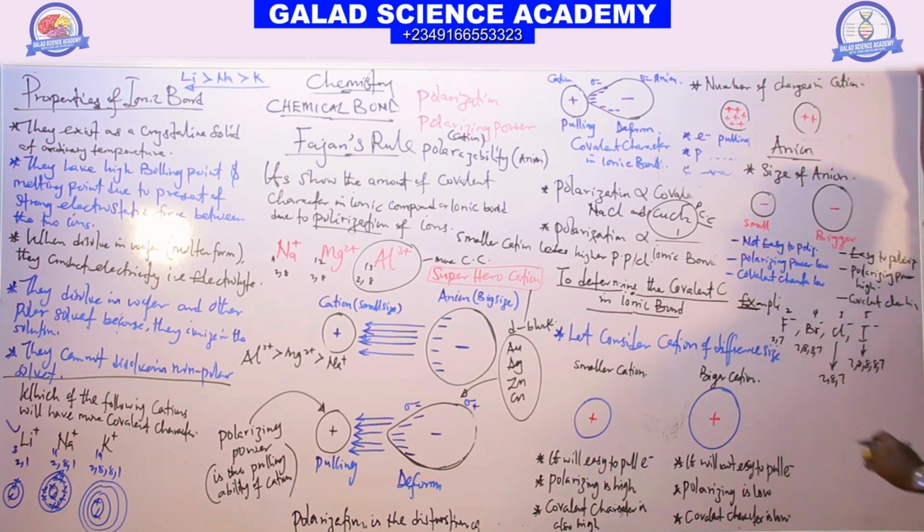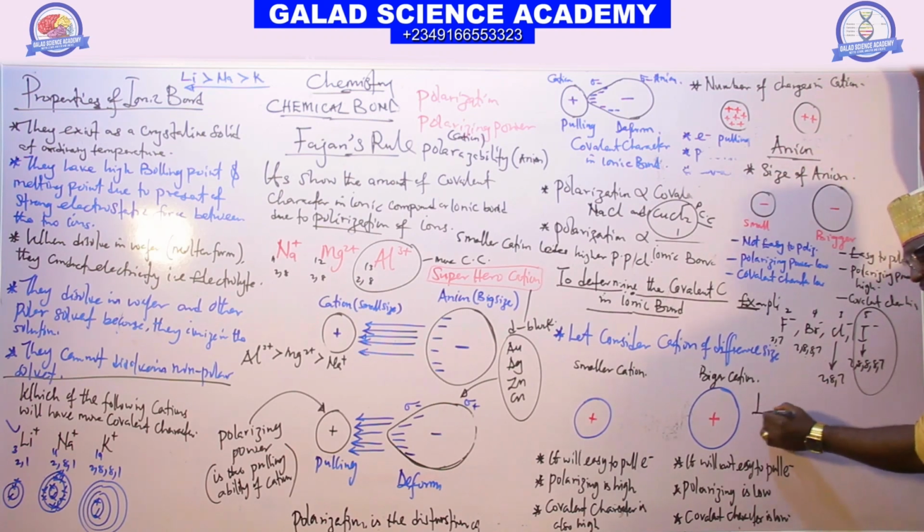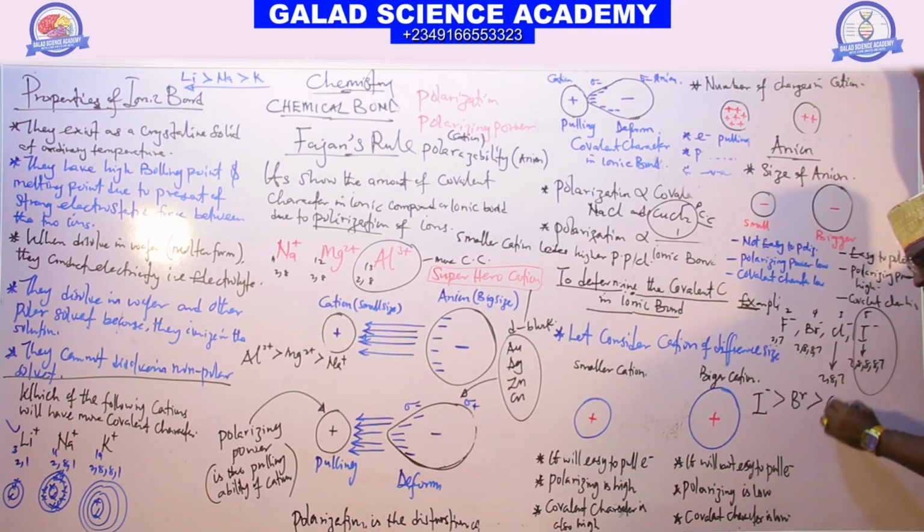So which of the four anions has the biggest size? The biggest size is experienced in iodine. Therefore, the covalent character in iodine is more than in bromine. Bromine is more than in chlorine. Chlorine is more than